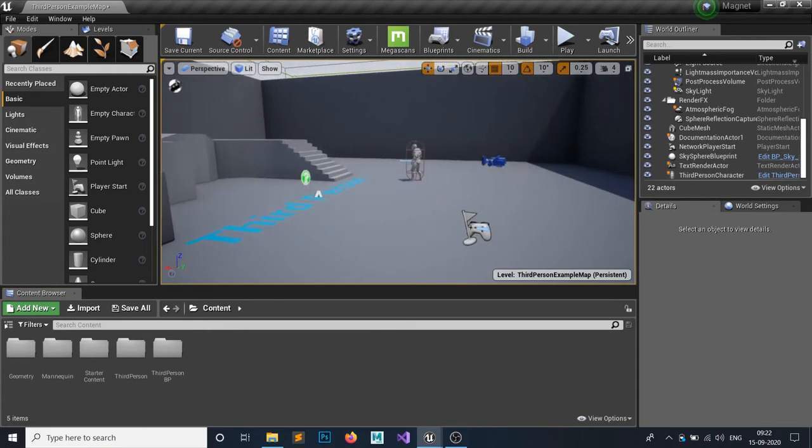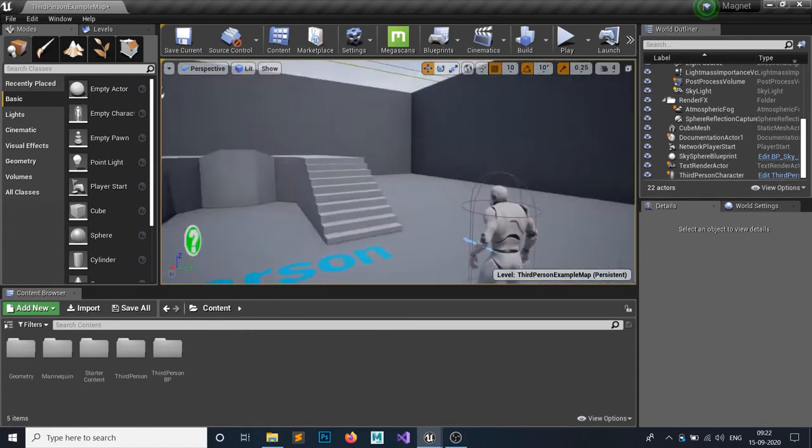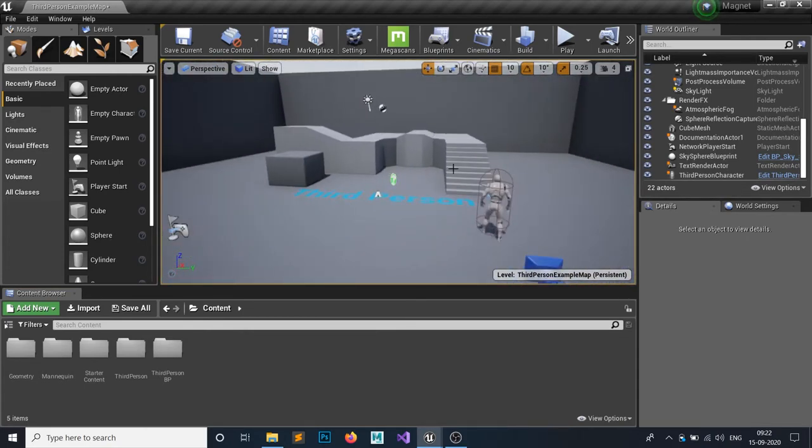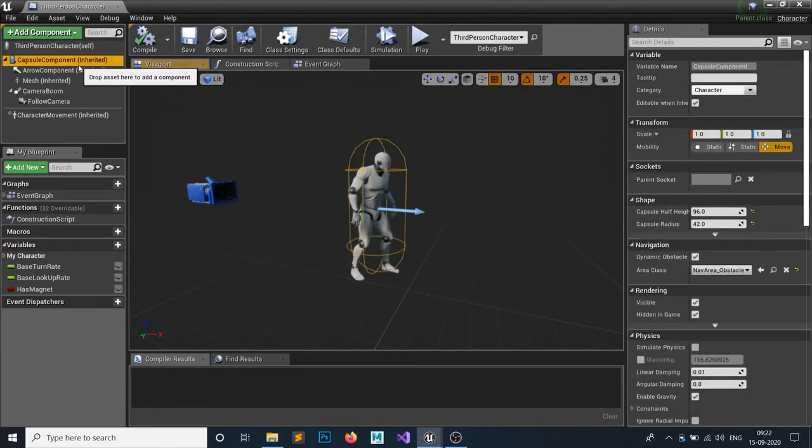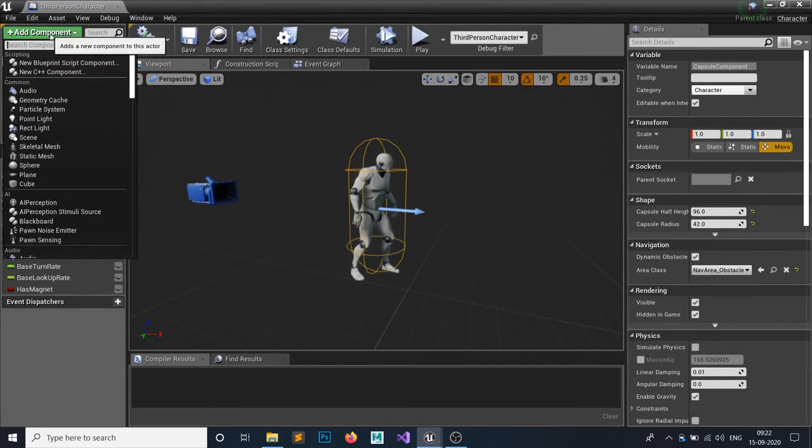This is my brand new Unreal Engine third-person character project, and you can find this in the default Unreal Engine. So we're gonna make this happen. How are we gonna do that? The best way I found was a scene component. You can find other ways, but this works.